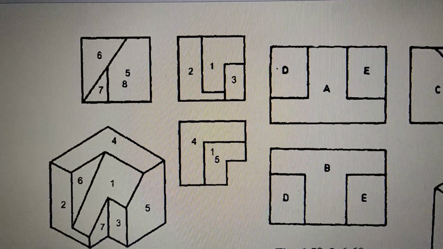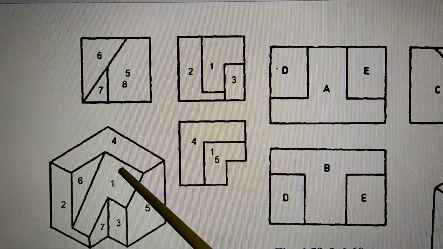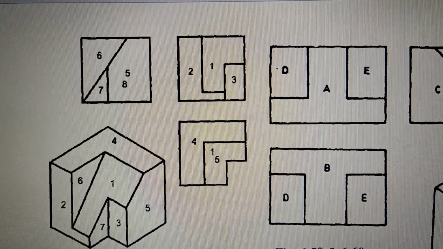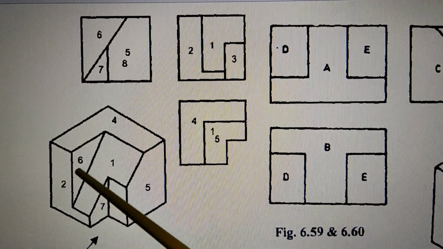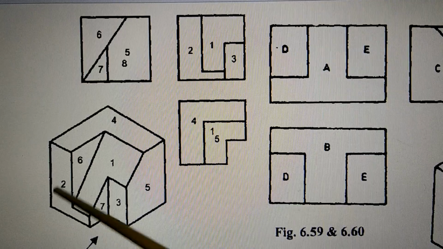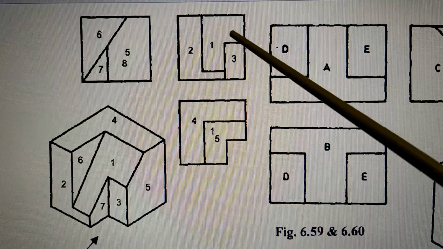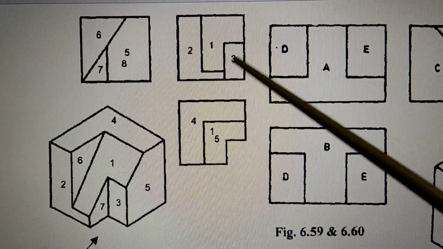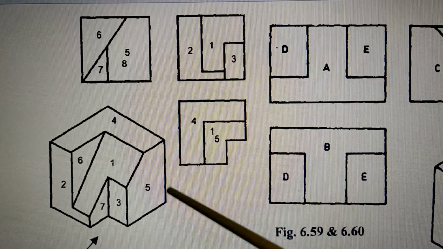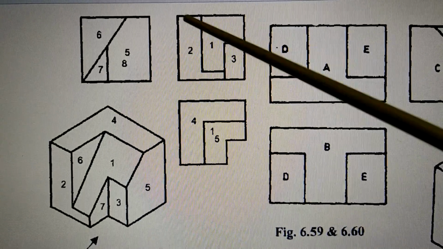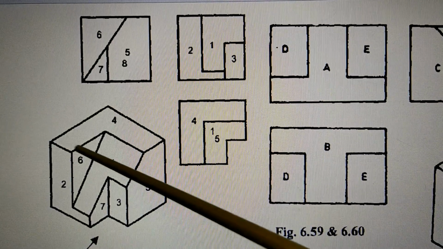Now this is the figure. It is like this. One inclined surface is there, and we see in this direction. So when you see in this direction, you will see these two surfaces like an L shape. So this is 2. Then you will see this 1 here. Then you will see 3. It is here. And overall this shape is just like a square shape. So this is a basic shape. You can see that there was a box, and from that box this is cut.